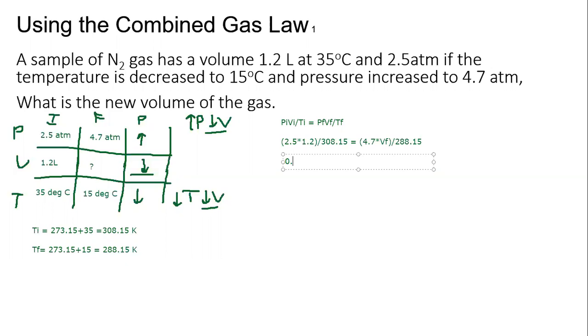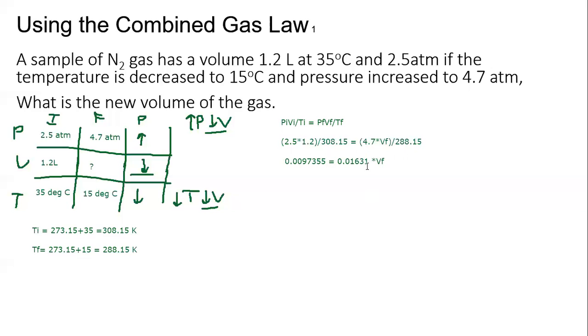And we get 0.009735. Then on the right hand side, I'm just going to take 4.7 divided by 288.45. And we get 0.0163 times VF. So now,